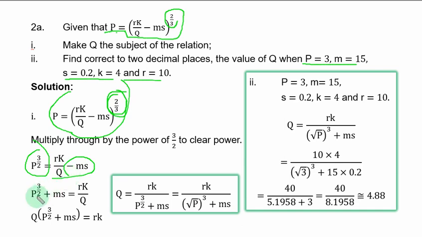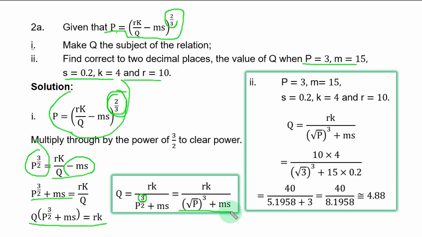If you transfer, you have it in this form, equal to root K over Q. To clear the fraction, multiply through by Q. You have it in this form, and divide both sides by the coefficient of Q, and you have Q equal to root K over P to the power of 3 over 2 plus MS. Now, if you factor out 2 from here, 1 is left, so you have 1 over 2. That means root. So you have square root of P to the power of 3,